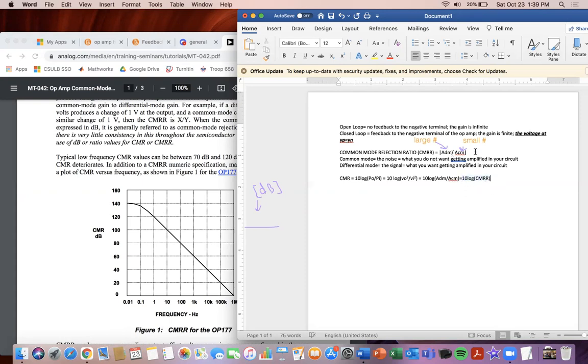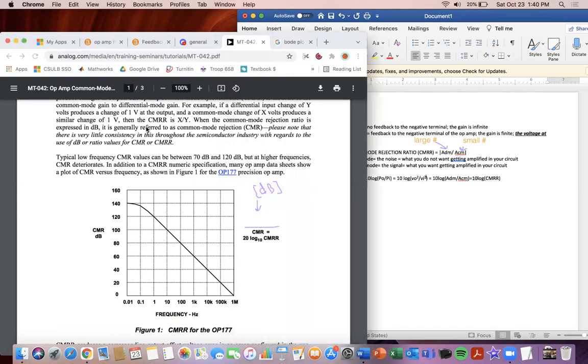And that's converting it from basically the normal scale we use, which is like 1, 2, 3, 4, to the logarithmic scale, because the common mode ratio here is measured in decibels, which is in the logarithmic scale, and we're converting it. And so here, oh, sorry, I forgot to tell you guys, this 2 here,